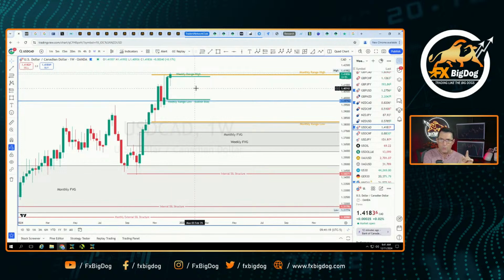Now, although we are in this bullish bias, if this weekly candle, now get it, that means by the end of the week, all right, so you're going to have to wait a little bit, but by the end of the week, if the market continues to stay below, and I'm going to give you a price level that you've got to pay attention to. If the market closes below 146.68, write that down, 146.68. So if the news comes out today, and we get into tomorrow's trading, and we get into Friday's trading,